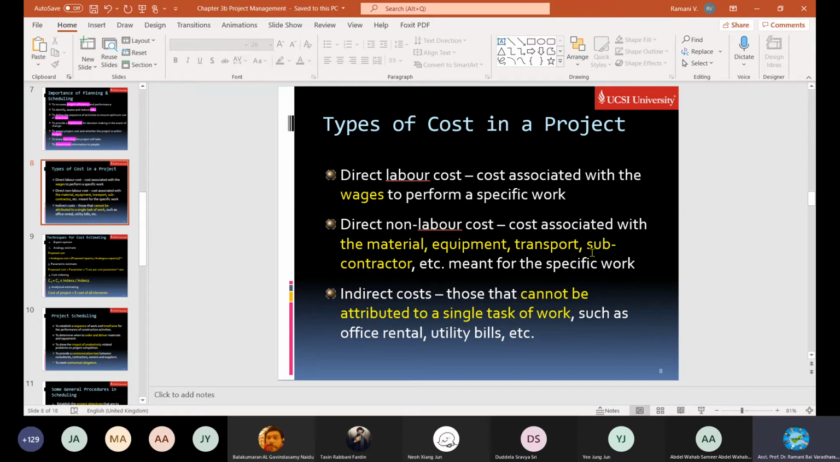Maybe the design work to some office, and then material to some office. Even the construction itself, substructure to some contractor, superstructure like that. They will call for subcontractors. Those things are called non-labor costs because they will involve each one. Maybe one subcontractor supplying all materials, one subcontractor supplying all labor, one subcontractor supplying the